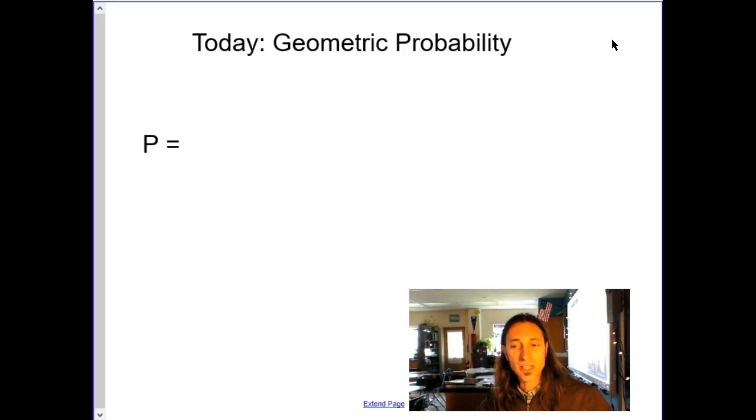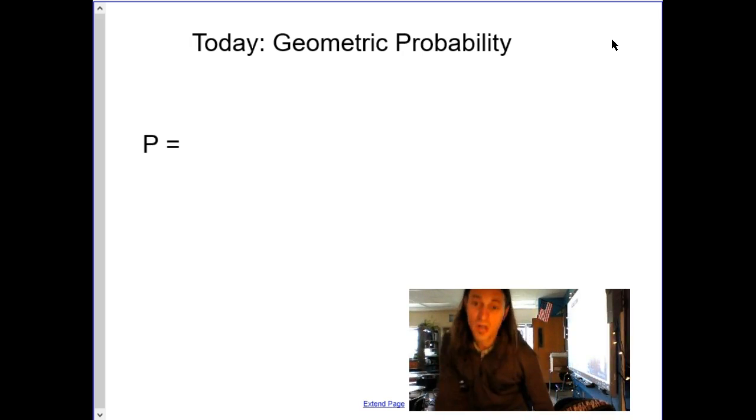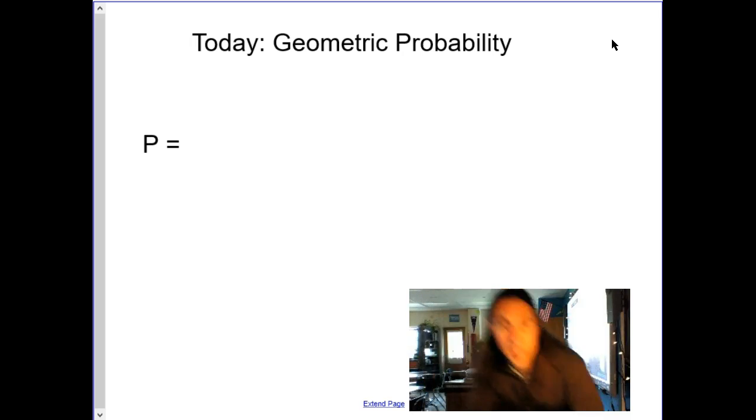Hello there, geometry class. As we are moving through our lessons and learning all sorts of things about shape and area and whatnot, I have an interesting problem to present to you. And that problem has to do with probability. Now, many of you have already studied probability, and so you're quite familiar with it, or maybe probability is something